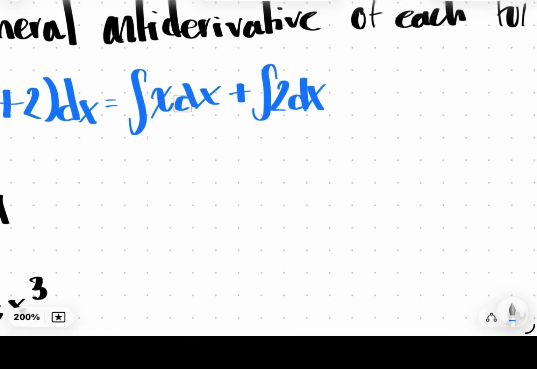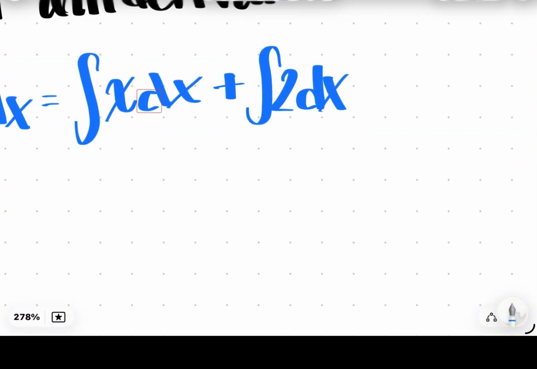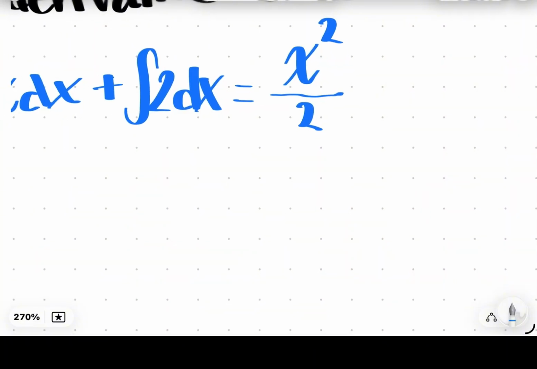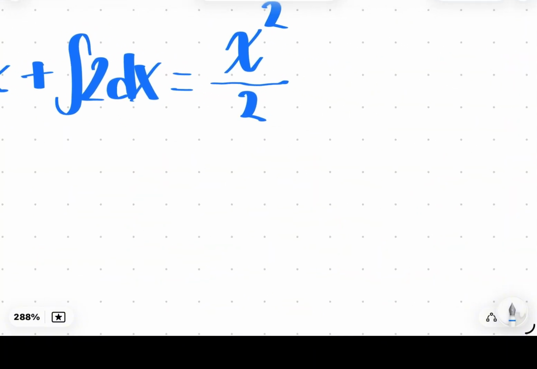Then you can use the reverse power rule for the integral of x. You add 1 to the power, which is 1, so 1 plus 1 is 2, and then you put it over that power, so 2. And for the integral of 2, since that's just a constant, it's just going to be 2x,